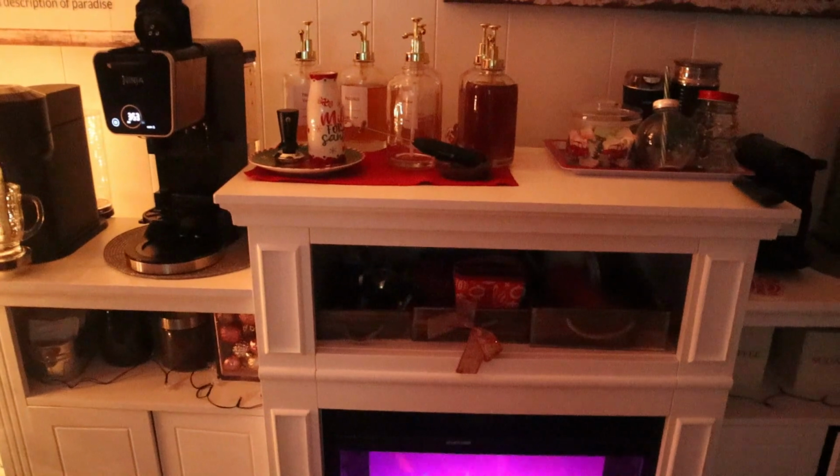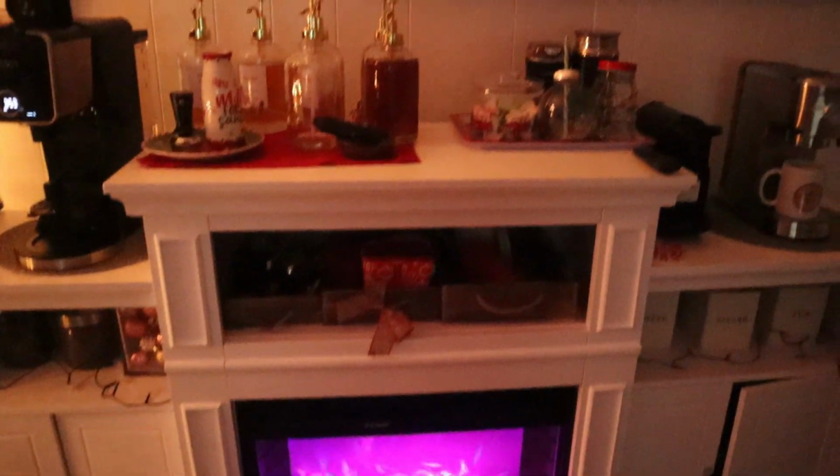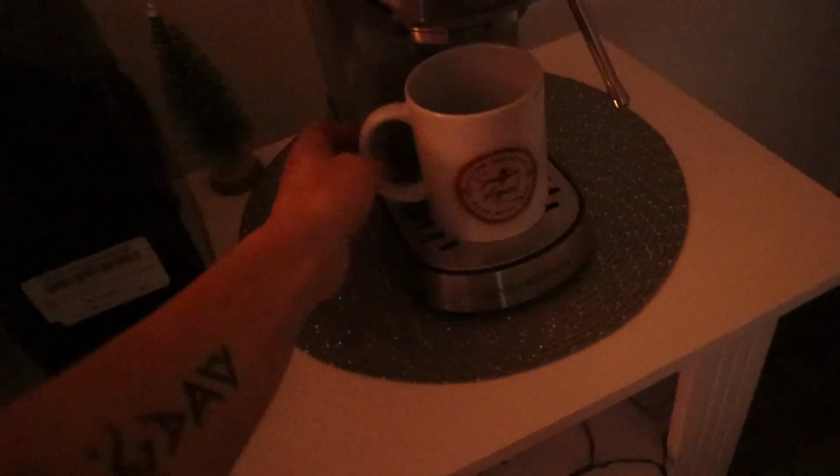Loving it. Plus it's so colorful. Look at that, you guys. I love it. But that's going to go. I have another stand coming to go with that that'll have lights on it. So anyway, I love my coffee setup. I need to turn the lights on in there, but I just wanted to show you guys because I think it's so magical. And then I made this cup, which I'll be sharing how I made